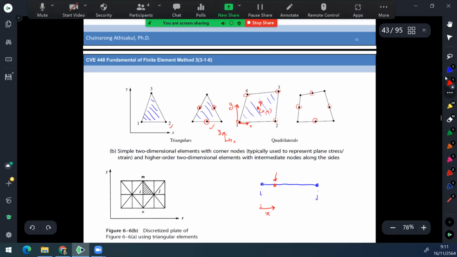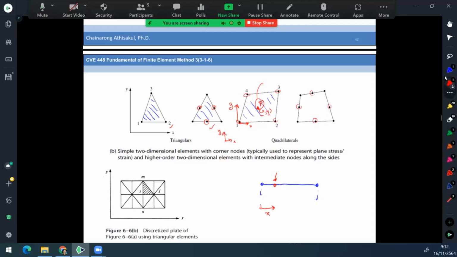What does it mean? It means that when we would like to interpolate to find the displacement, we require the shape function, and we have to substitute the coordinate x, y into the shape function and multiply with the nodal displacement in order to approximate the